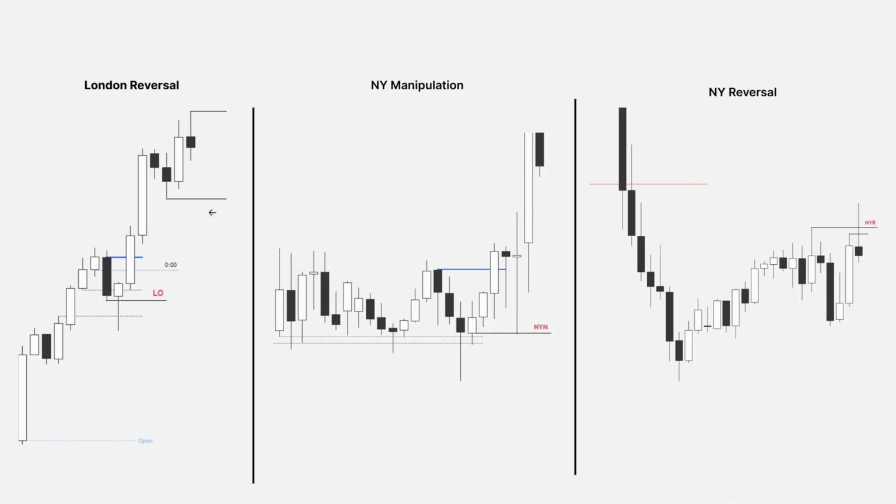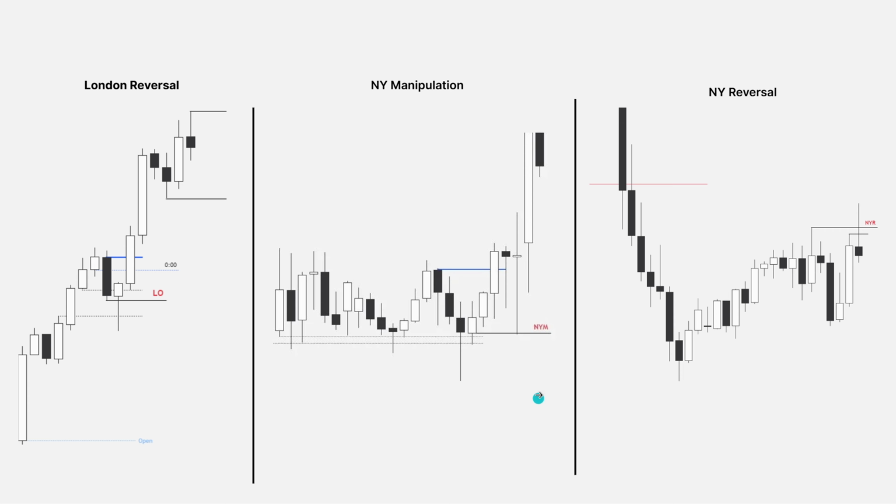Now we have New York manipulation. We see that London has consolidated a lot, to be honest. If you see it, there's a high, low, we're going everywhere here. New York opens. I believe this is on the 30-minute chart, if I remember correctly, but it doesn't really matter. What matters is the fact that New York opens right here, goes lower, manipulates the consolidation of London, these lows right here, into a PD array,